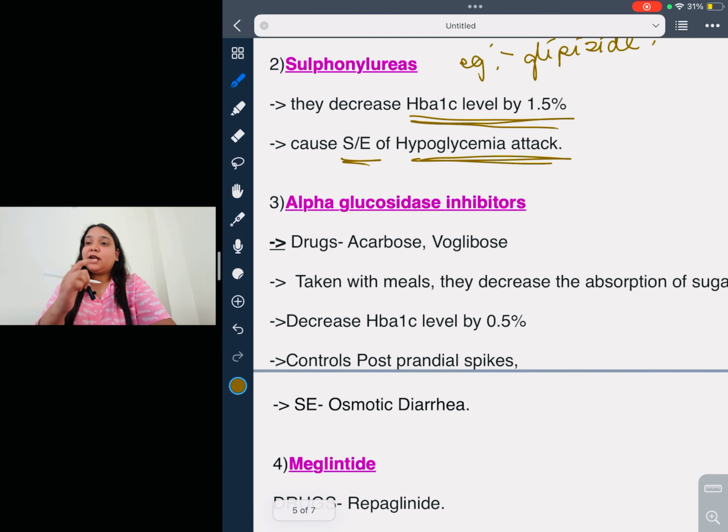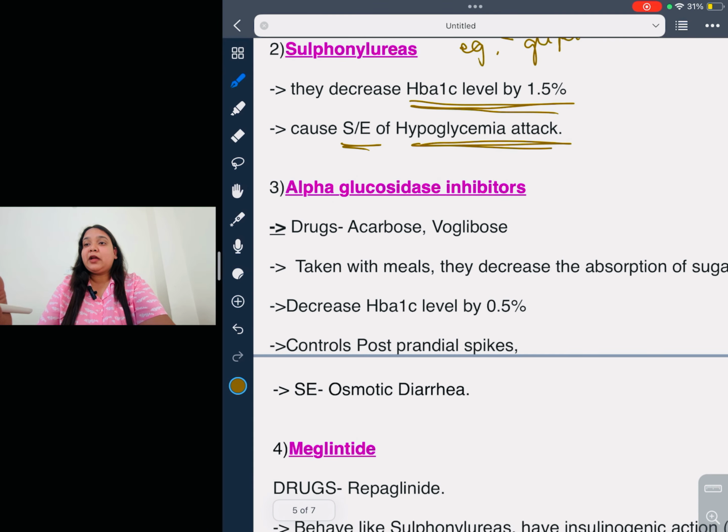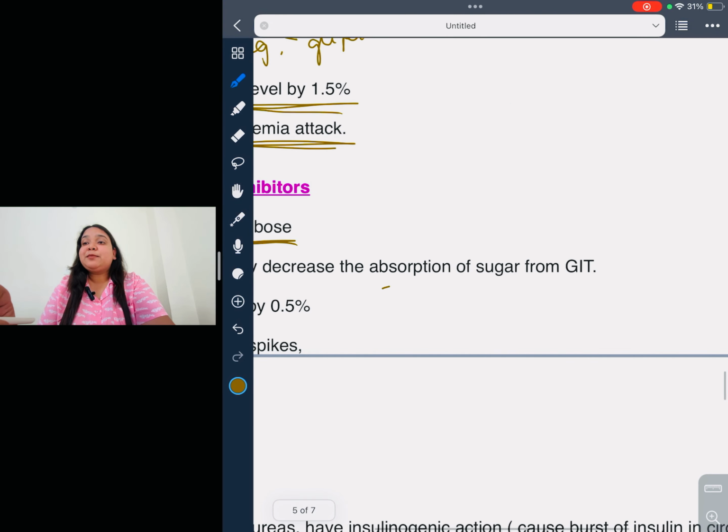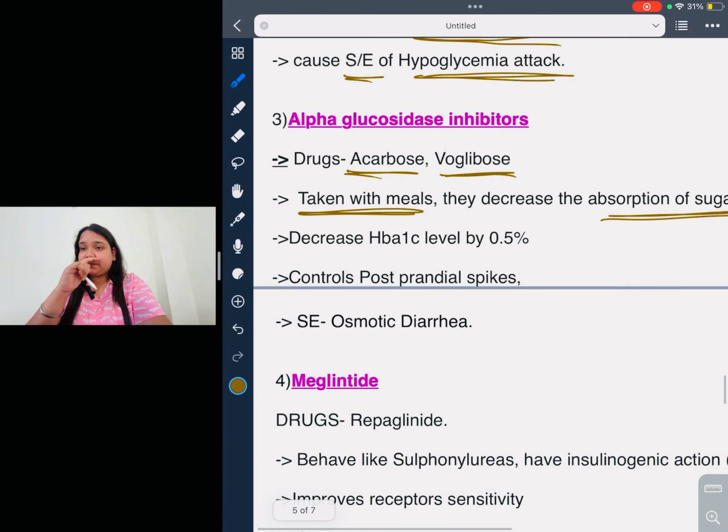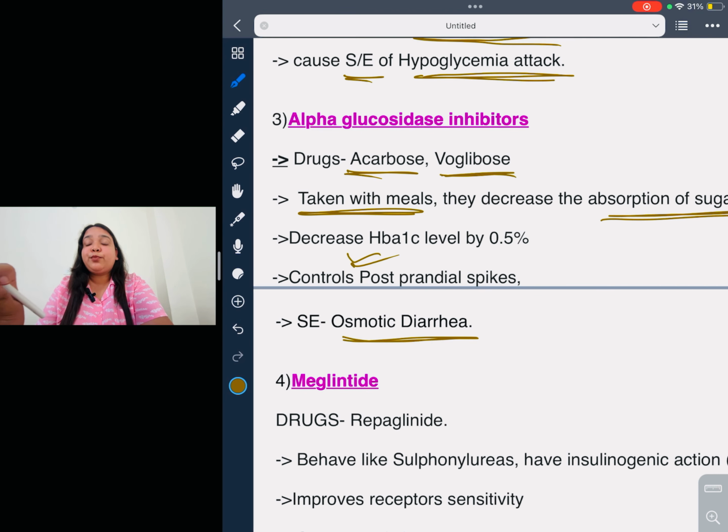One more class we have over here is alpha glucosidase inhibitors. We have two drugs here: acarbose and voglibose. They are taken with meals and they decrease the absorption of glucose from your GIT. But one thing to be noted is that they can cause osmotic diarrhea. One benefit is that they can control your postprandial spikes. What does postprandial mean? It means after meals. After a heavy carb meal, you can have a high level of glucose in your body. So these drugs can control postprandial spikes and they decrease the HbA1c level